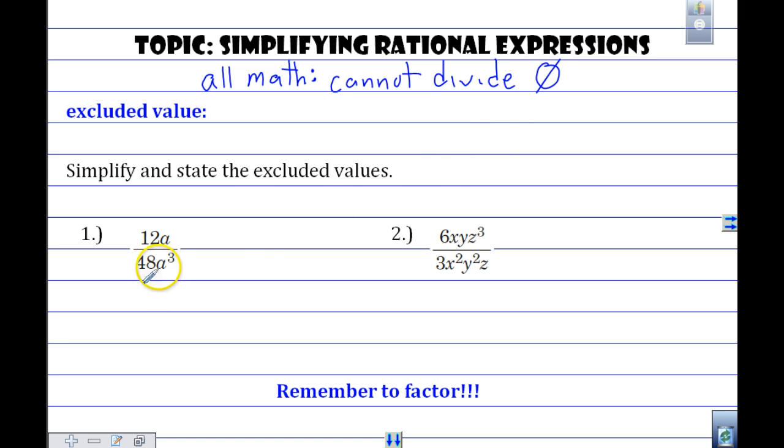So when we start having variables in the denominator, we're so used to just not caring what the variable equals. But if we have variables in the denominator on these problems, since we're doing practice now, there's a possibility that these variables could equal 0. So we have to avoid dividing by 0. So excluded value, I should say value or values, are numbers that make the denominator